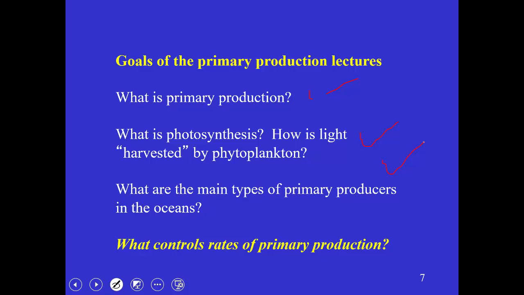And there's a really simple answer to this, and of course a much more complicated answer. The simple answer is nutrients and light. And in the next few lectures we're going to be hearing the more complicated answer to that question about what controls those